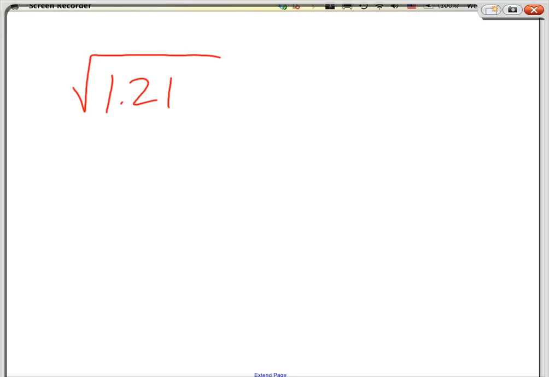1.1. How do you get that answer? Okay, how do you come up with 1.1? What do you see up here? 121. She dropped the decimal. 121, and 11 times 11 is 121, right? But I showed you this before: can we take that decimal number and convert it back to a fraction? The last place value of this is 100, right? So therefore we write 121 over 100.